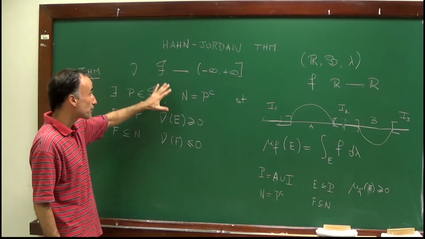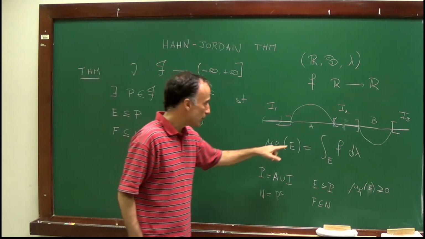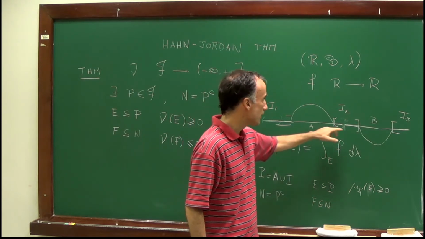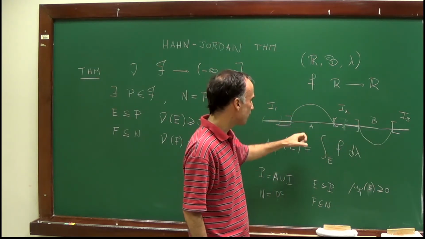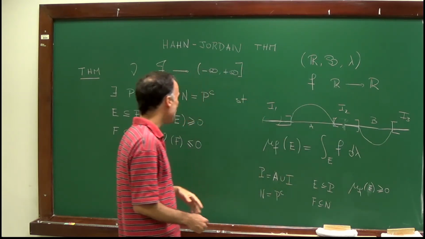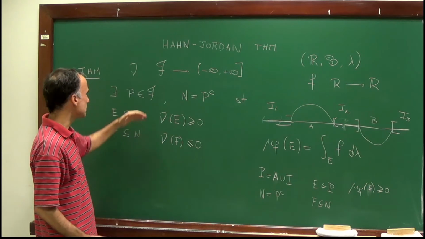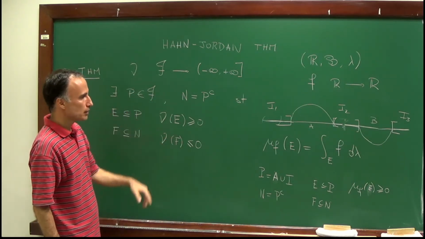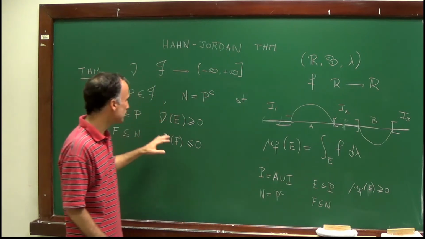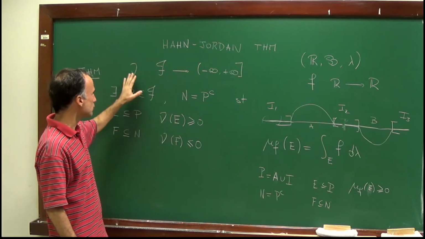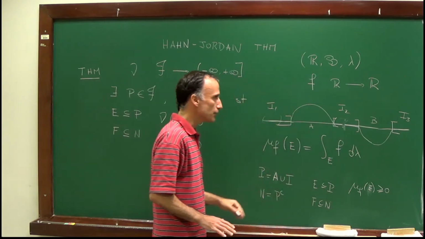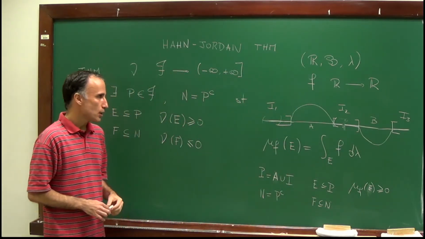And in this proof, what we want to obtain, we want to find out these two sets, P and N, in which the positive part and the negative part of the measure are concentrated. So how can we find these sets? This is the proof of the Hahn theorem. So this decomposition in two sets is called the Hahn Decomposition of a measure. So this is the goal of this lecture.